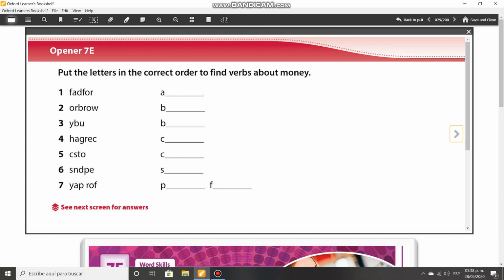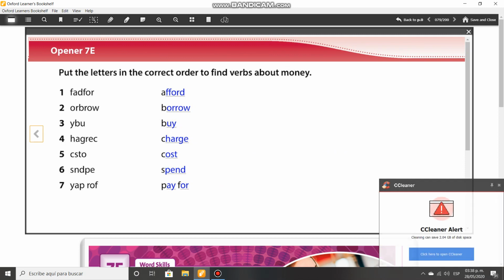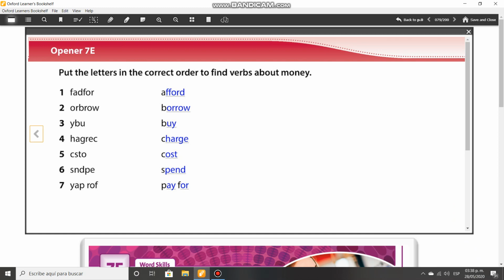Okay, so let's check the answers. And we have afford, borrow, buy, charge, cost, spend, and pay for. Okay, so remember that you have to write these words on a post-it or on a piece of paper, and this paper you have to paste on page 79 of your student's book. Okay, so let's continue